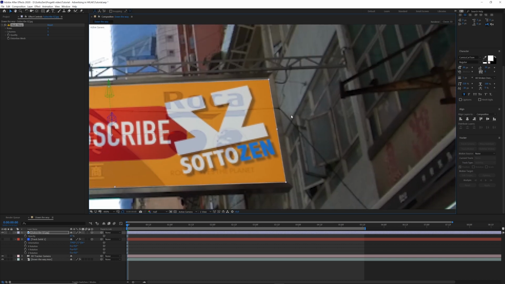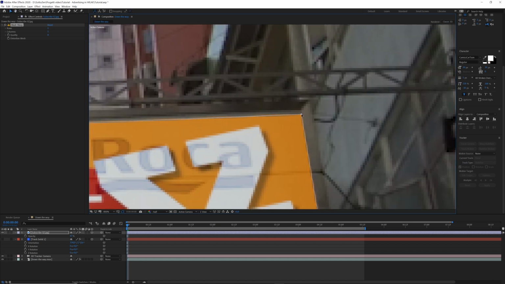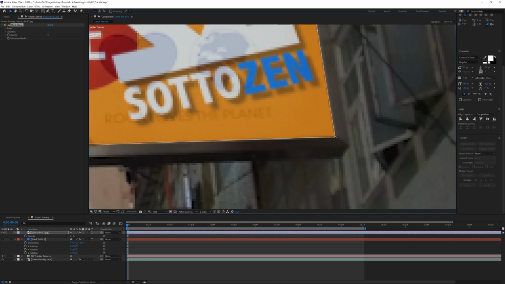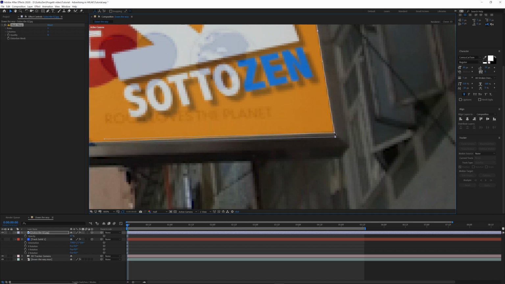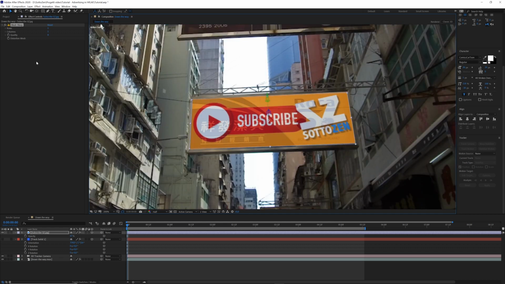And we want to do this for all the 4 corners. And now that we have our position right in the first frame, let's insert a keyframe for this distortion mesh